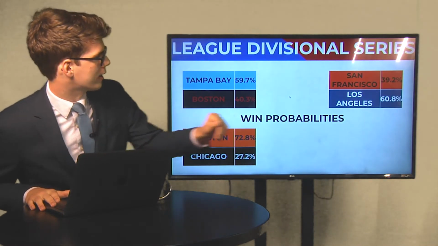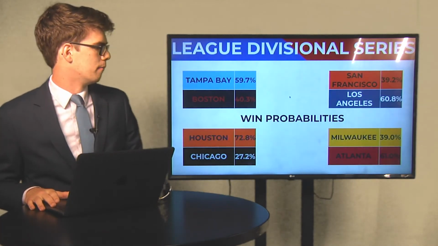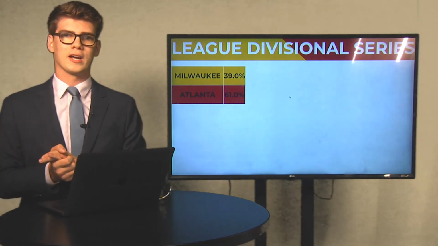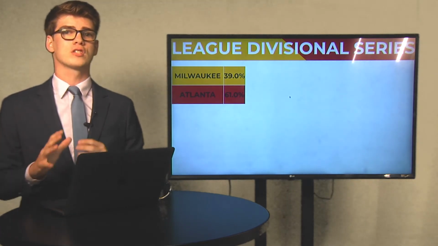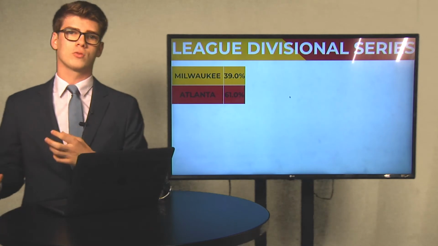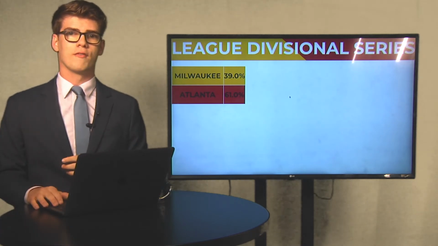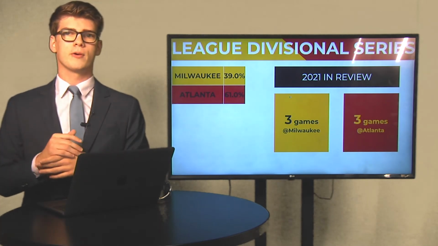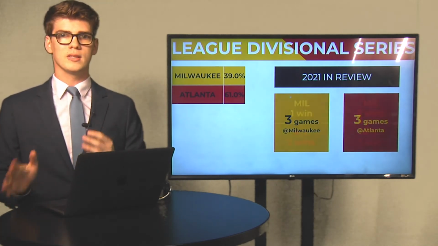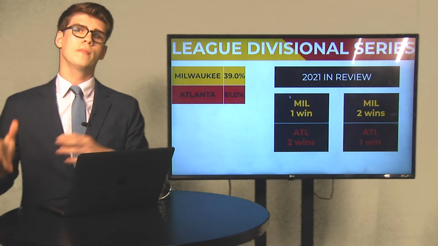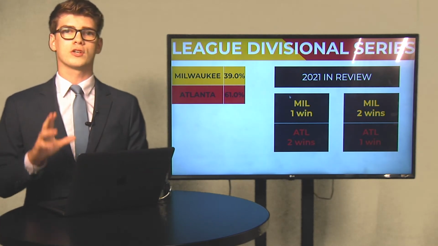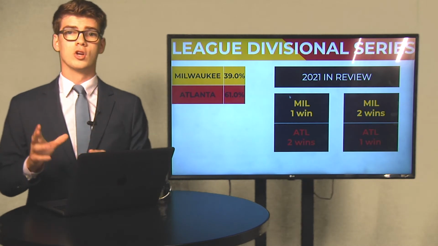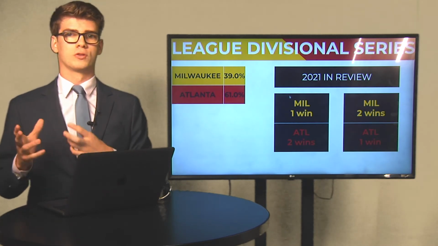Now moving back to look at the Milwaukee versus Atlanta series, which will begin in second round action tomorrow. The model favors the Braves by a similar margin that it favored the Rays, 60-40 in favor of Atlanta. The two teams faced off 6 times this season, with each team hosting half. They also split the series, with each team taking 1 at home and 2 on the road. The margin of victory was quite different, though. The Brewers won their games by an average of 2 runs, while the Braves won theirs by an average of almost 5.